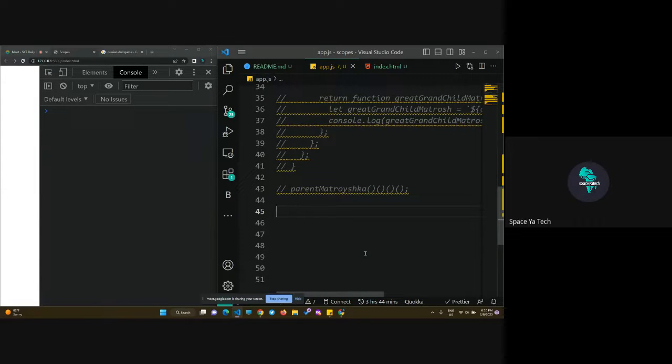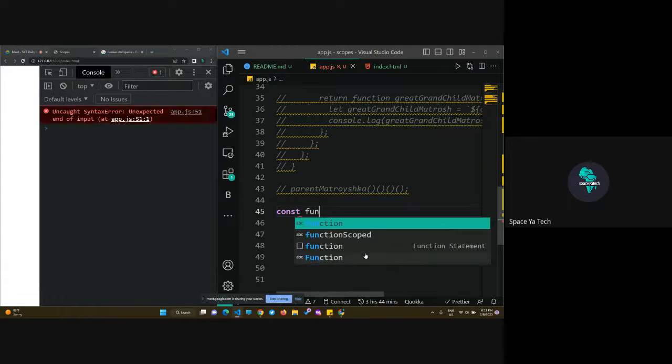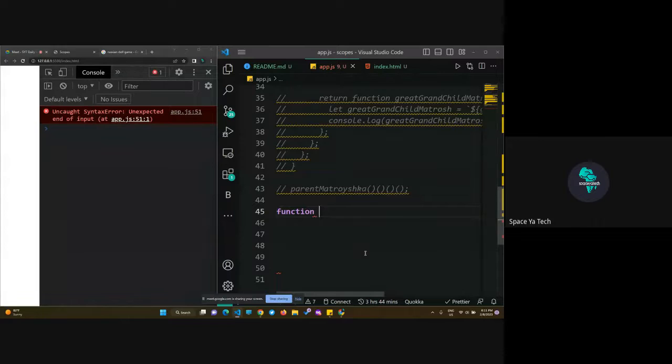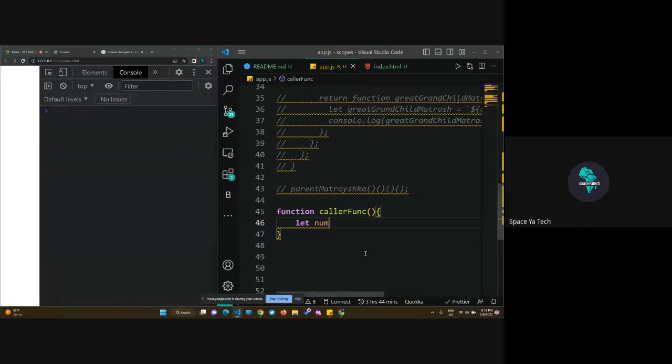So now we want to talk about closures. I'm trying to think of an example of how I will show you closure. Let's see. So if we have const function, use normal functions for now. Function func, and then we have let num is equal to true,